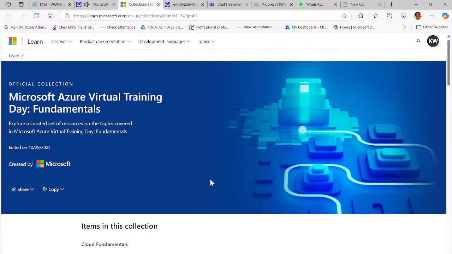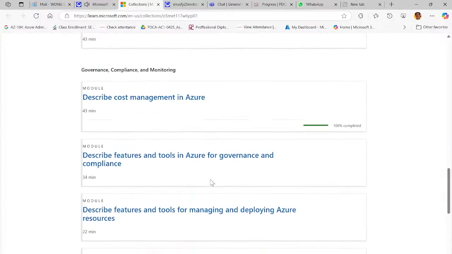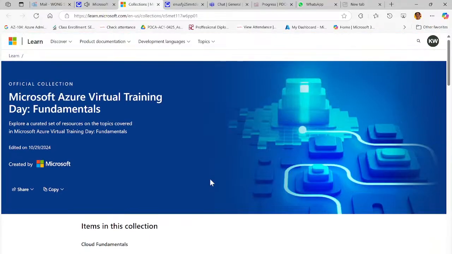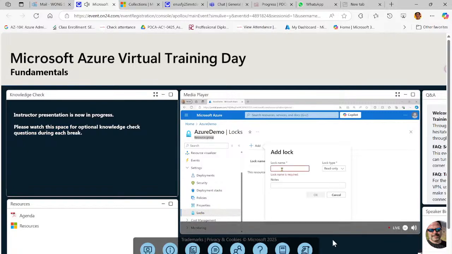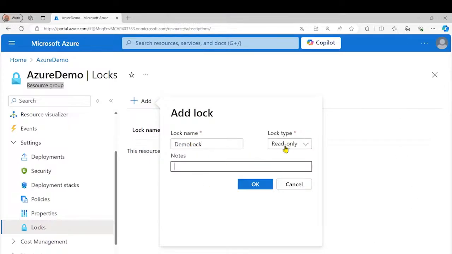So under settings, we can come down a little bit to locks. And right here, I'm going to add a lock to the resource group. And remember that when we do this at this scope level, let me get a lock name in here. We'll call this demo lock. Hopefully you have better names on this for real world. This is going to be a